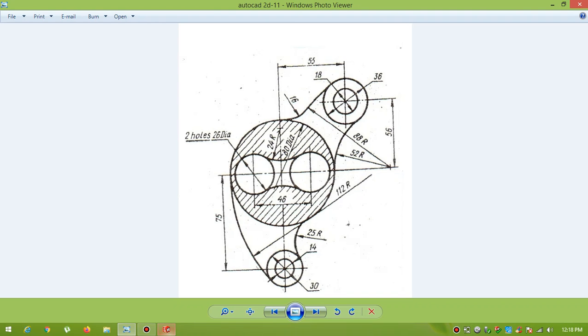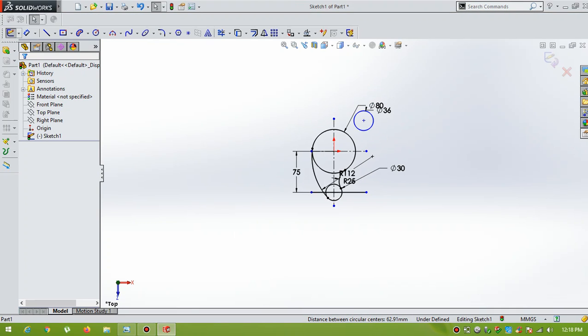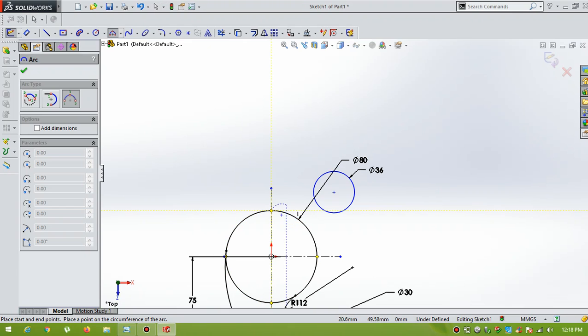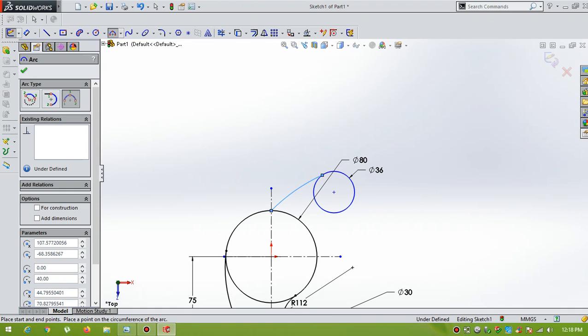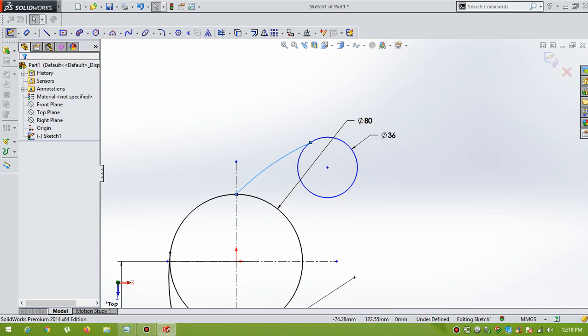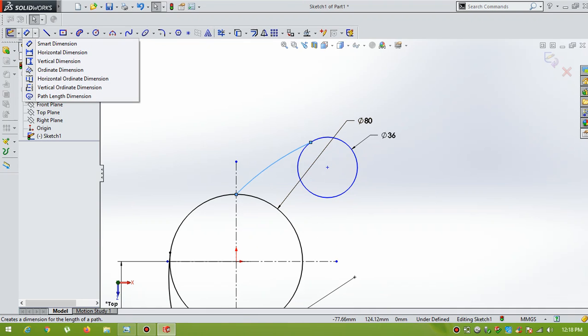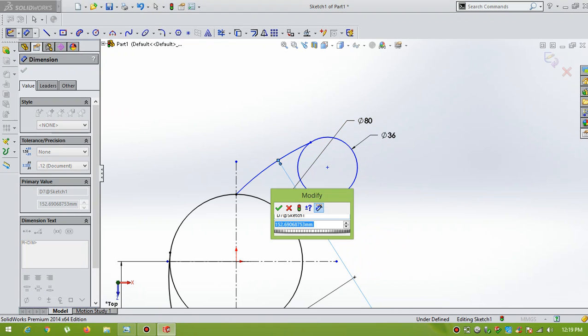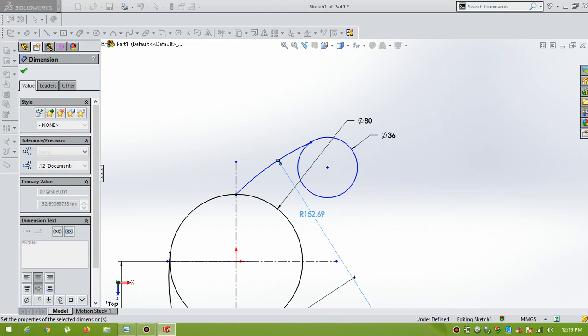In the top you have an arc radius of 88 and 52. Go for R, change the dimension to 88.